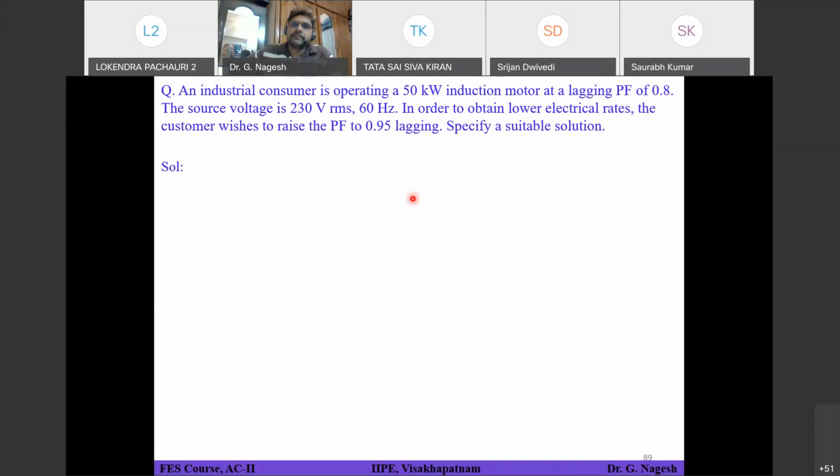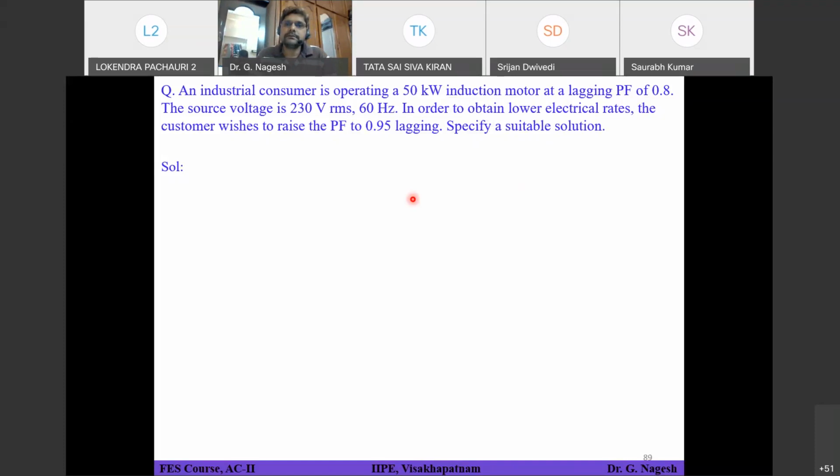Because in the power triangle, you have 50 kilowatts, which is real power, on the real axis, and you have the power factor angle. So cos of theta minus phi is 0.8. From that you can calculate the Q1, without any load, without any extra element added. So what is the value of Q you got that time?